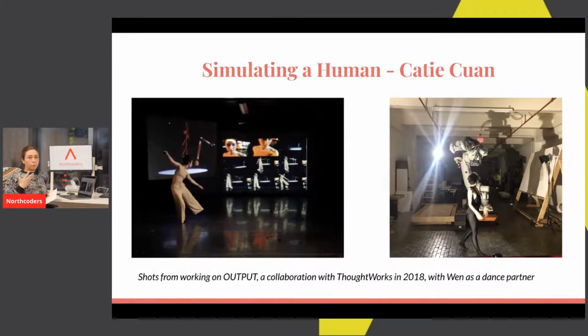Moving on from purely visual arts, I want to also highlight the work of Katie Kwan. The two images that I have are from her website, from her project called Output, which was done in collaboration with ThoughtWorks just a few years ago, where this robot that you can see on the right-hand side is her dance partner. Katie Kwan is tracked through motion